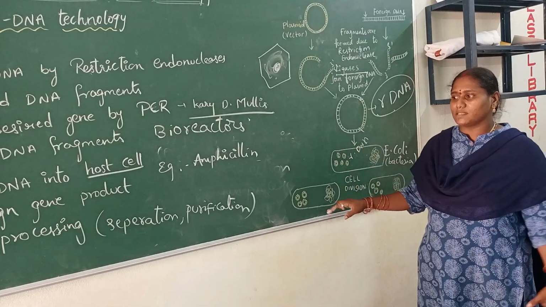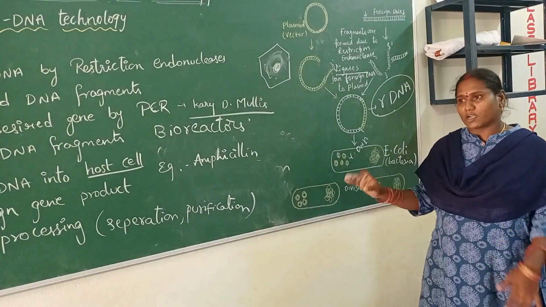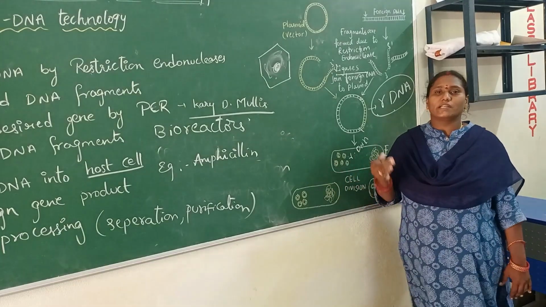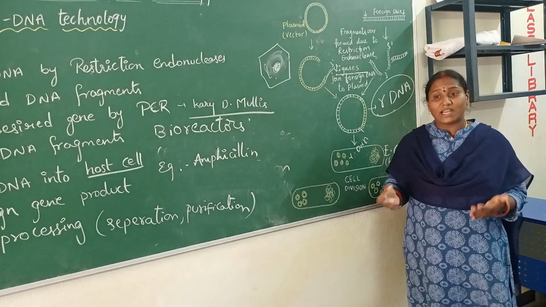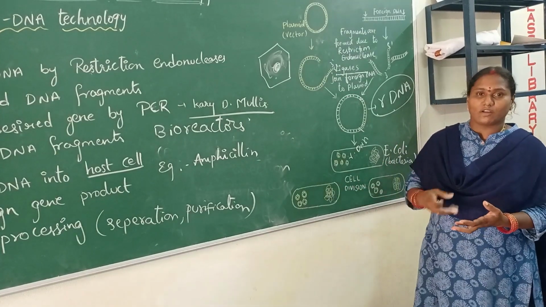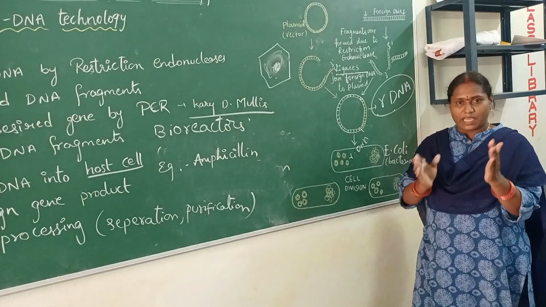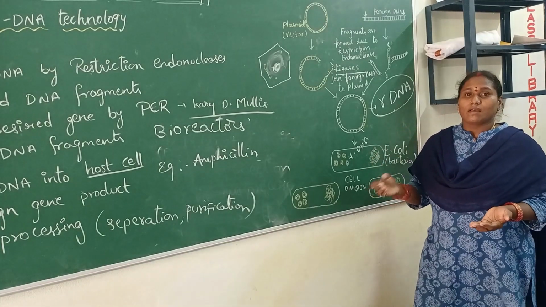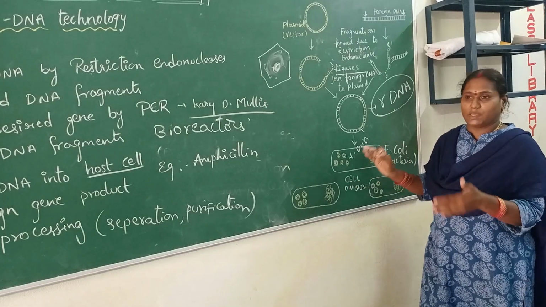And the final process is the downstreaming process. This downstreaming process is really one of the important major steps. Here the bulk product you have got will be distributed into the market. How are you going to distribute it in the market? By using several methods. Directly we can't give the gene. As it is a gene, we can't directly give it like a chocolate or a biscuit. It will take some time. We have to do some processes. That is why first we have to separate whatever we got, then do a purification process. There are several instruments utilized here to separate and purify the elements we got finally.